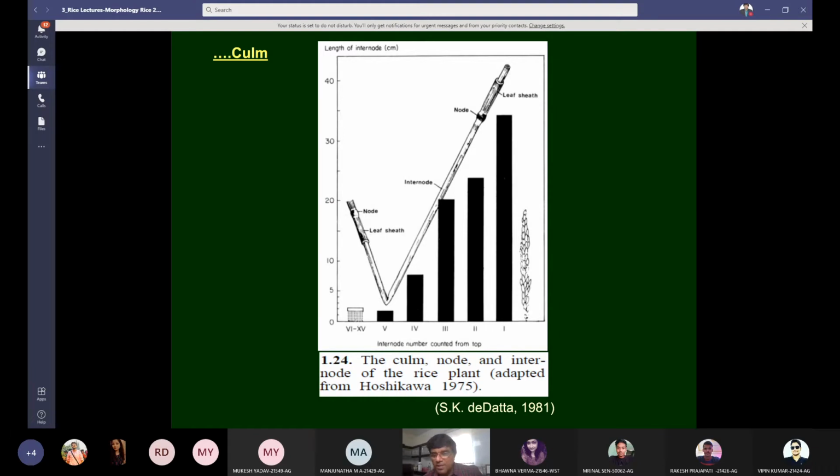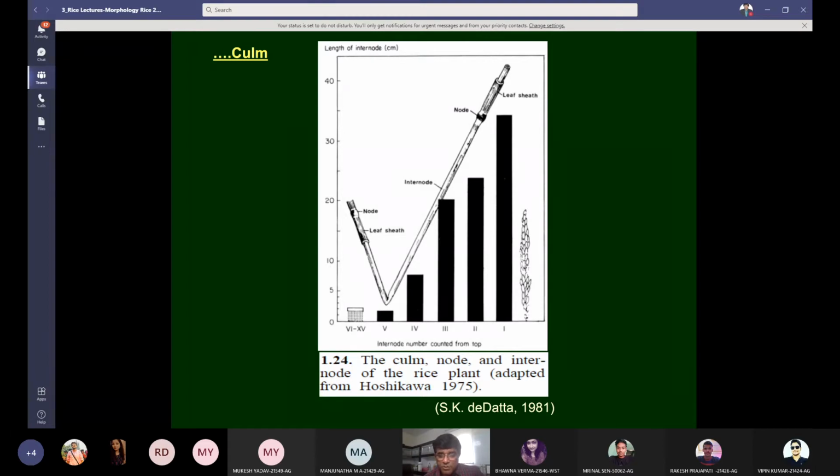See the length of the panicle. The length of the panicle is smaller than the first internode. This point must be seen by you. The second internode is smaller in length than the first, followed by the third, the fourth, and the fifth is very small, maybe just 1 centimeter or less. Now see internodes 6 to 15.